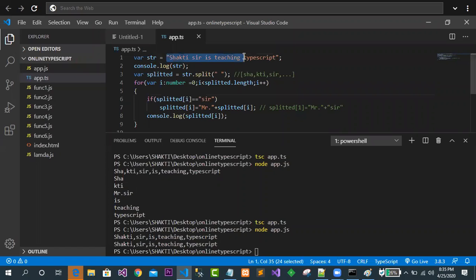It was only one example where I was trying to split all my words by the comma separator, splitting the whole string wherever I find a comma. Now this time, I'm trying to split the whole string into an array where a space is found. So that is why it is written like this.